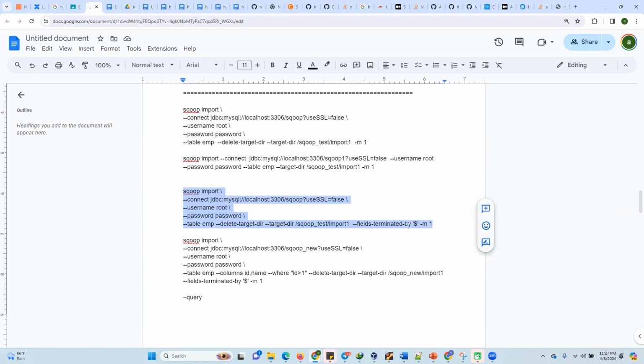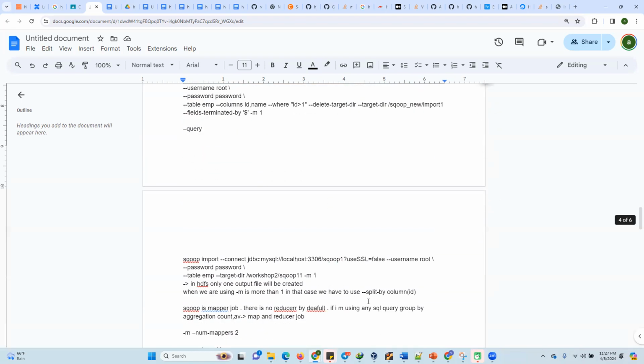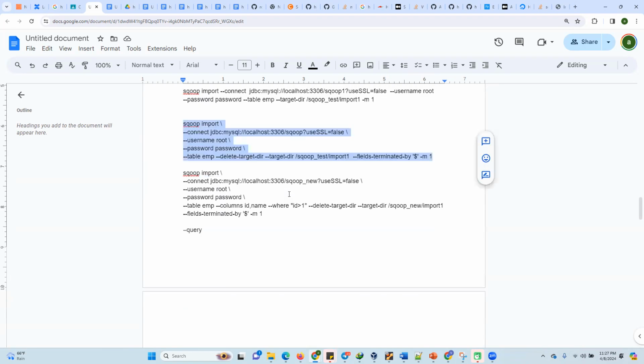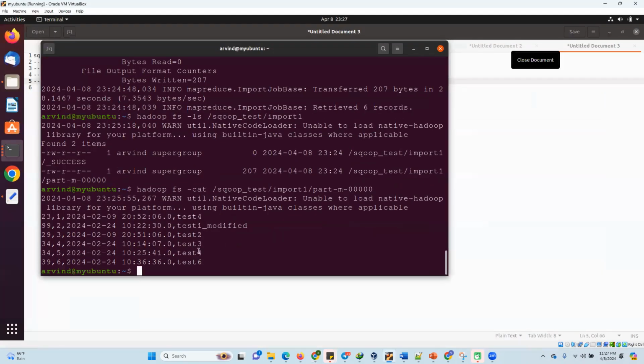So I will show you another example where I will be using split by column. Split by column is basically the ID column, on which column you want your data to be distributed. Okay, suppose you have 100 records and you want to divide into 25, 25, for 4 mappers. So you will give minus m 4. So when we run this query,